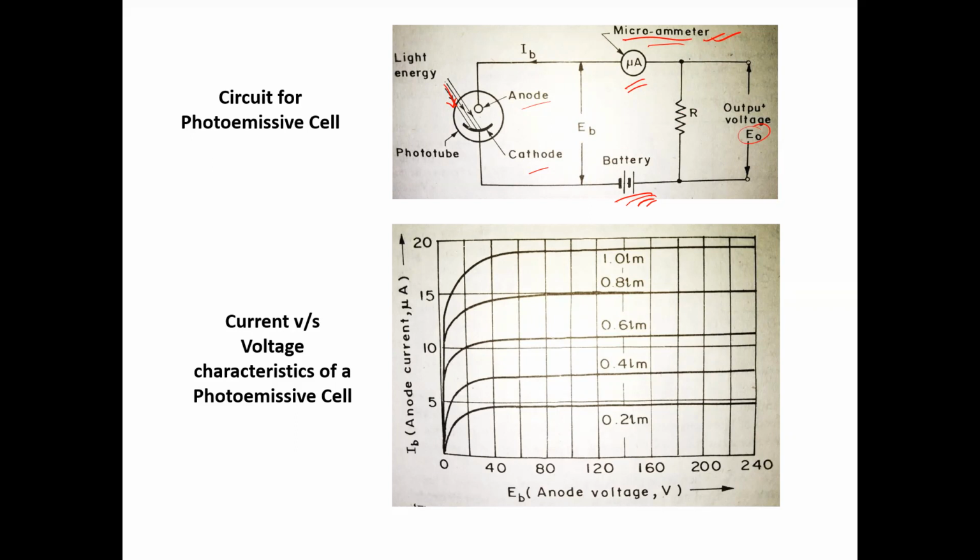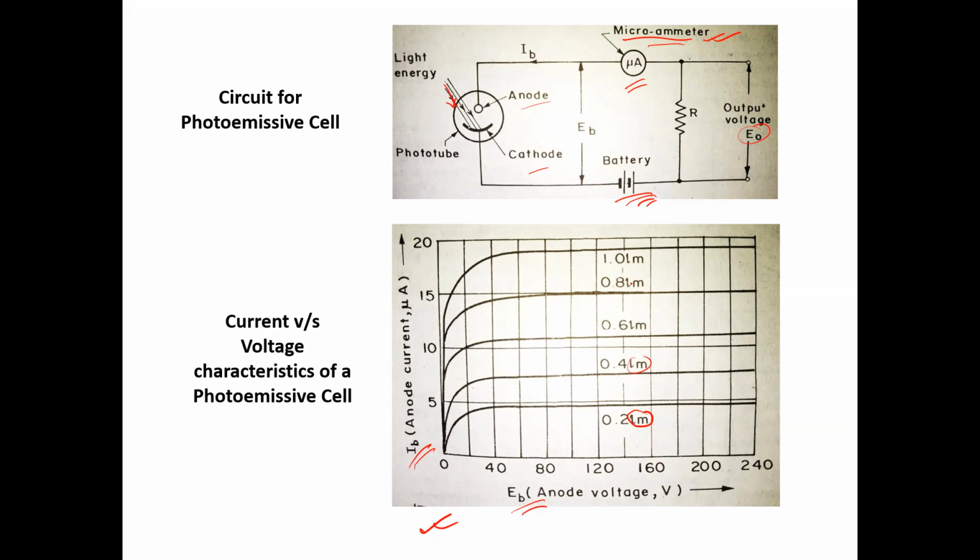Now, a particular IV characteristics curve for this sort of a photocell is shown over here, where on the x-axis there is the anode voltage, and corresponding to the change in anode voltage, the change in the current flowing through anode to cathode is shown in this diagram. And the diagram is shown for light energy of different luminous flux. So for 0.2 lumen, then 0.4 lumen, in this way for different luminous flux of the incident light,